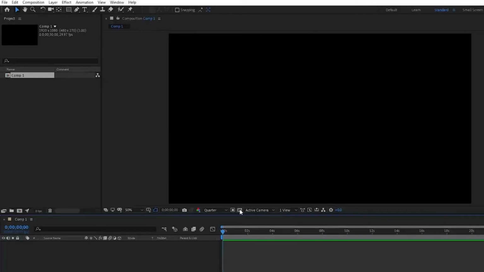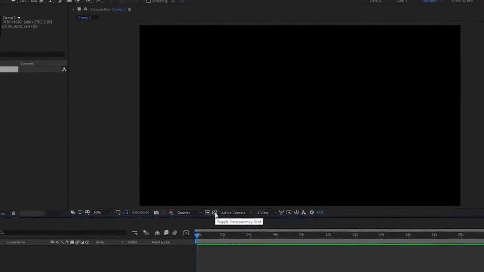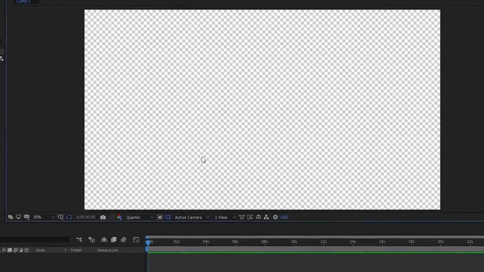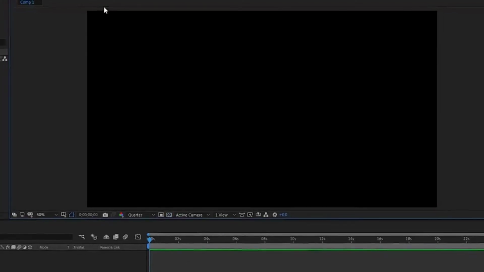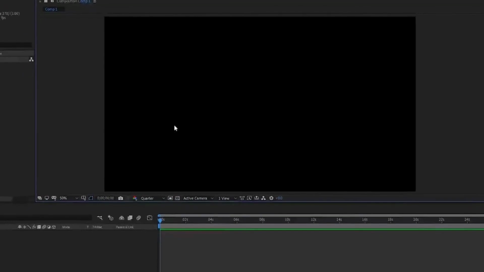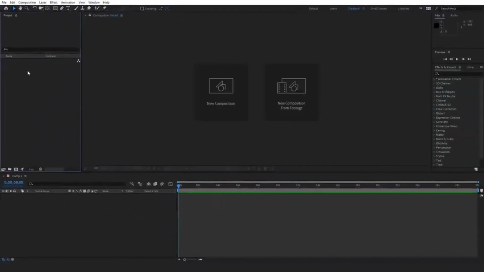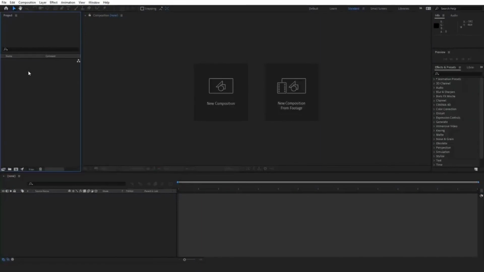And of course, at any time, we also have the toggle transparency grid. So toggle transparency, if we were to click that, turns the background off. So this is perfect if you're trying to create overlays, if you're trying to create lower thirds, or if you're trying to just create something that can be input on another scene without a background. And we're going to be extensively getting to that later on. So I'll toggle that back on. For the majority of projects, we do not have the transparency grid on because we do want a background to it. Now let's actually go ahead and delete this and show you the third and final way to make a